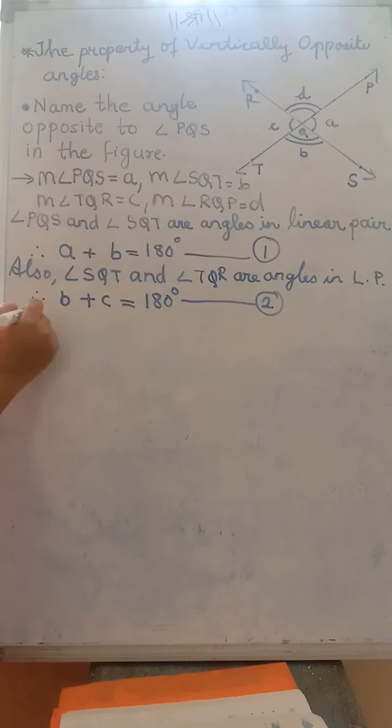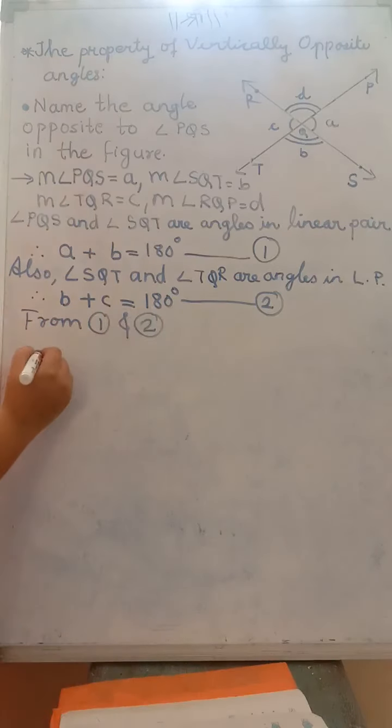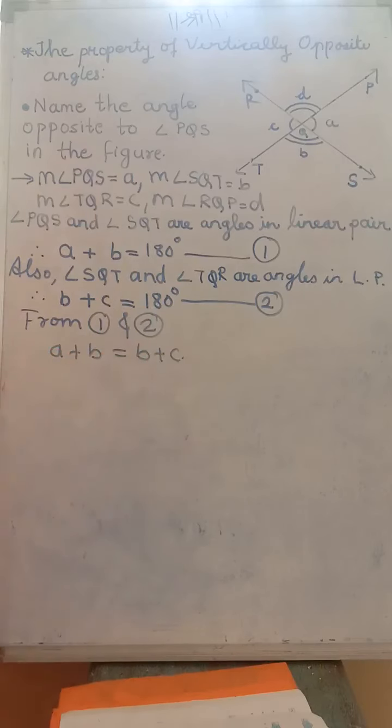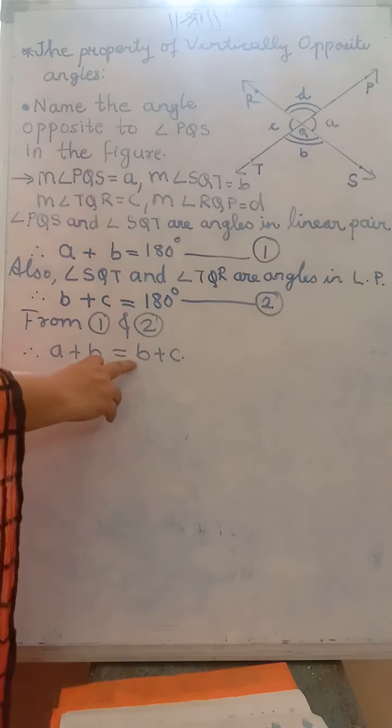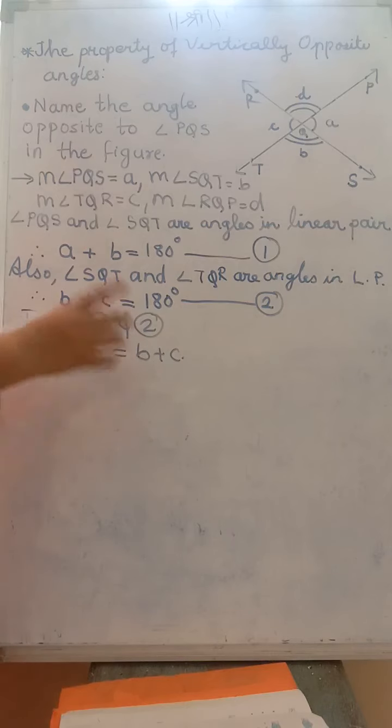Yes. So, from 1 and 2, can we say A plus B is equal to B plus C? Yes. Both are equal to each other. Now, look here. On both the sides, on LHS and on RHS, do we have B common and both are positive B? Can we subtract B on both the sides? Yes, B are same, no? Or take this B this side. What will happen? Will it become minus B and both B's will go?